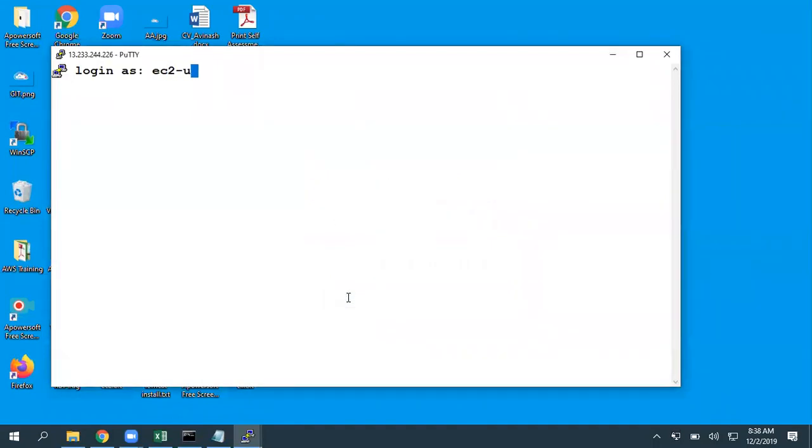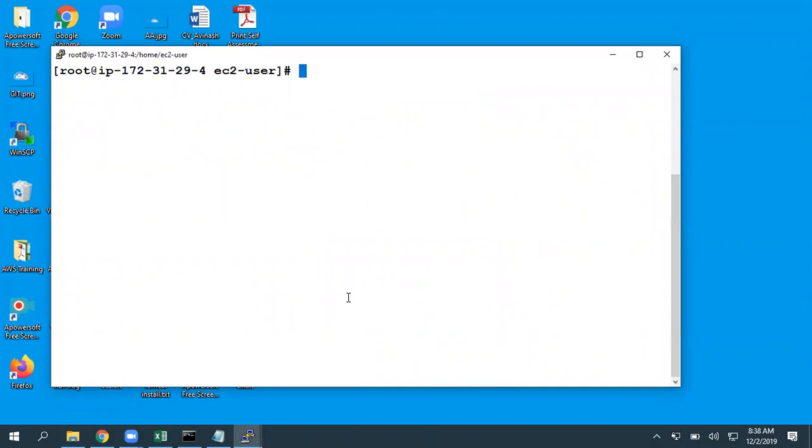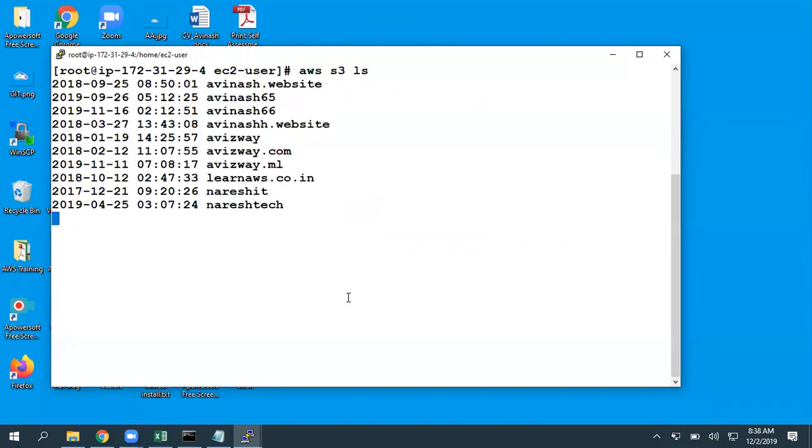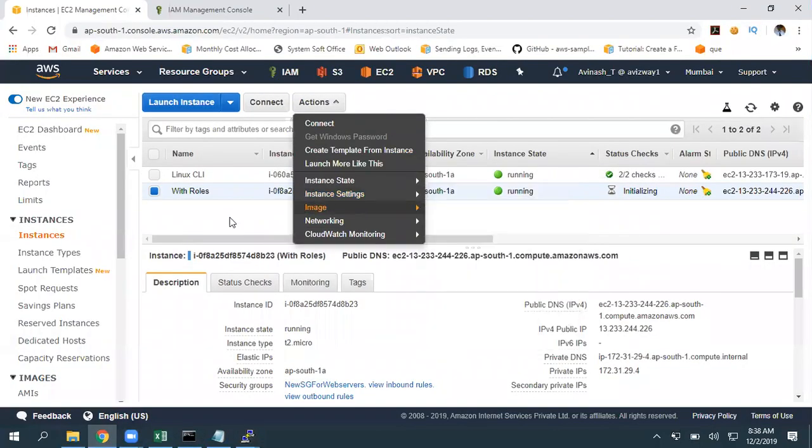The default username is ec2-user. Now, this is the first time I'm configuring. There you can see I'm able to access all my S3 buckets, just because the role is associated here for this instance.